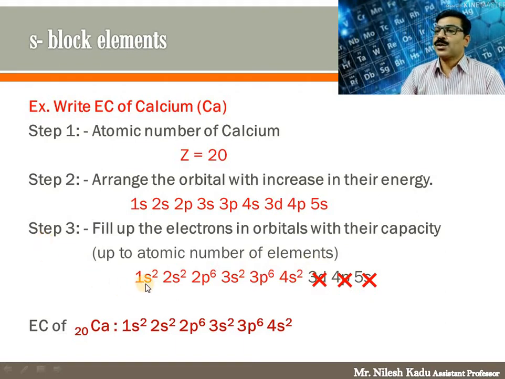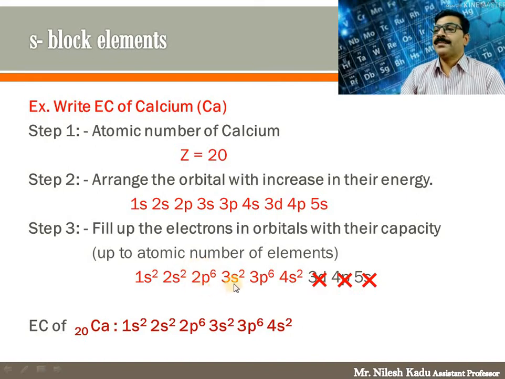The s orbital has 2 electron capacity, so you have to fill up the 2 electrons in the 1s orbital. Then the 2s orbital again has 2 electron capacity, so you fill up the 2 electrons here. Then 2p. The p orbital has 6 electron capacity, so you fill up the 6 electrons in the p